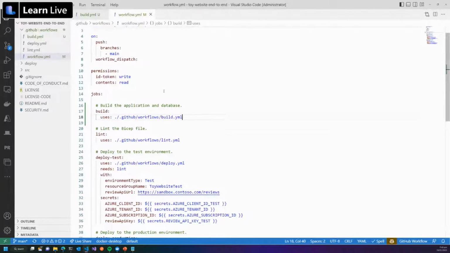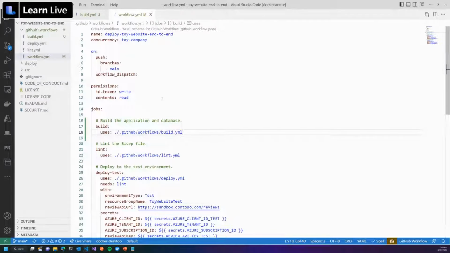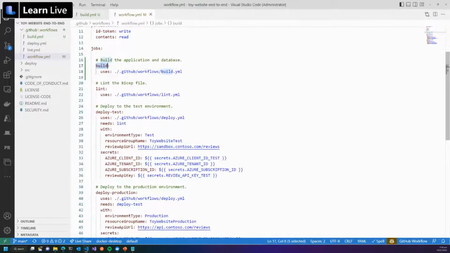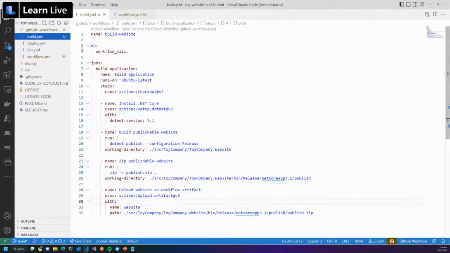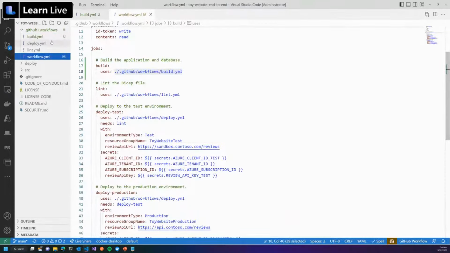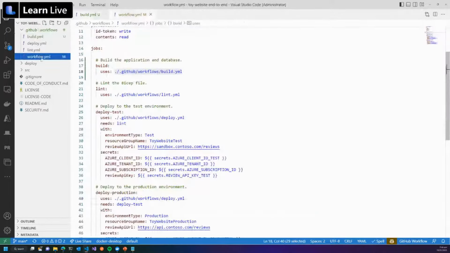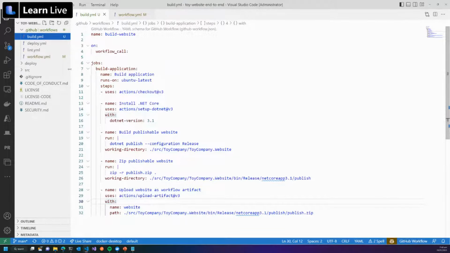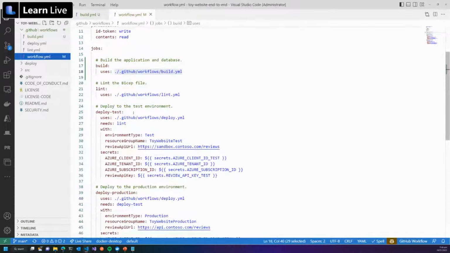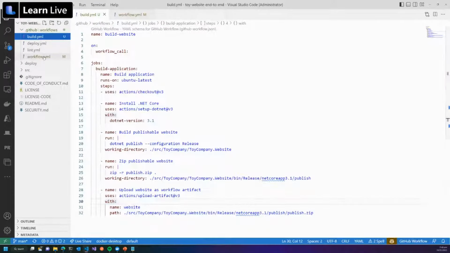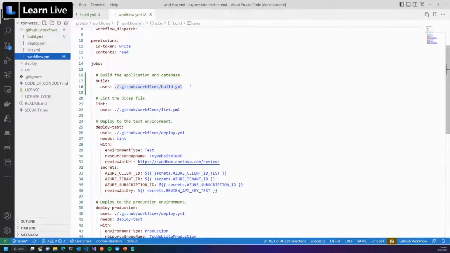So you're using GitHub Actions templates here, right? Yes, that's the idea. This build job here is using that template that we've defined. So this build.yaml file is saying, okay, this is the templated process to build our .NET website. And rather than having all of these steps defined within our workflow file, we're just referencing a template, which is a really nice way of